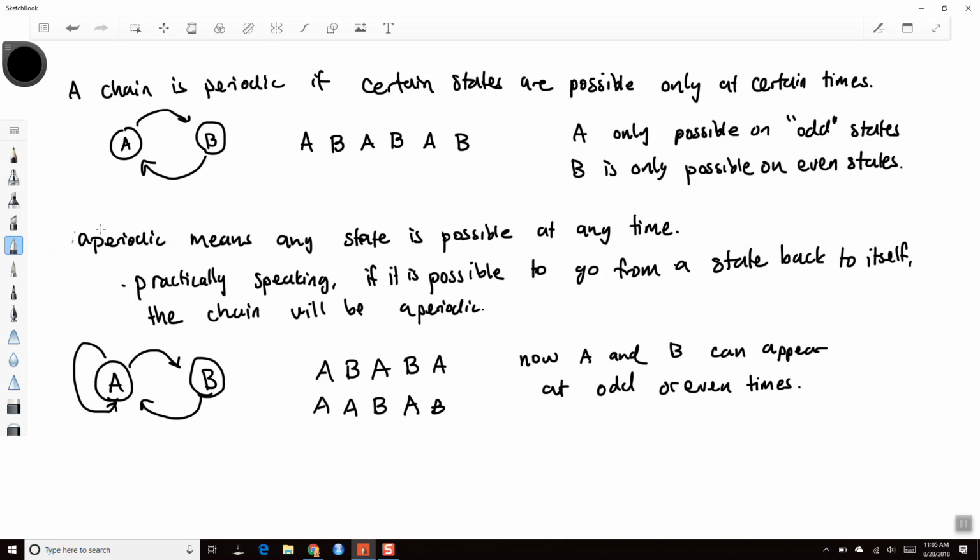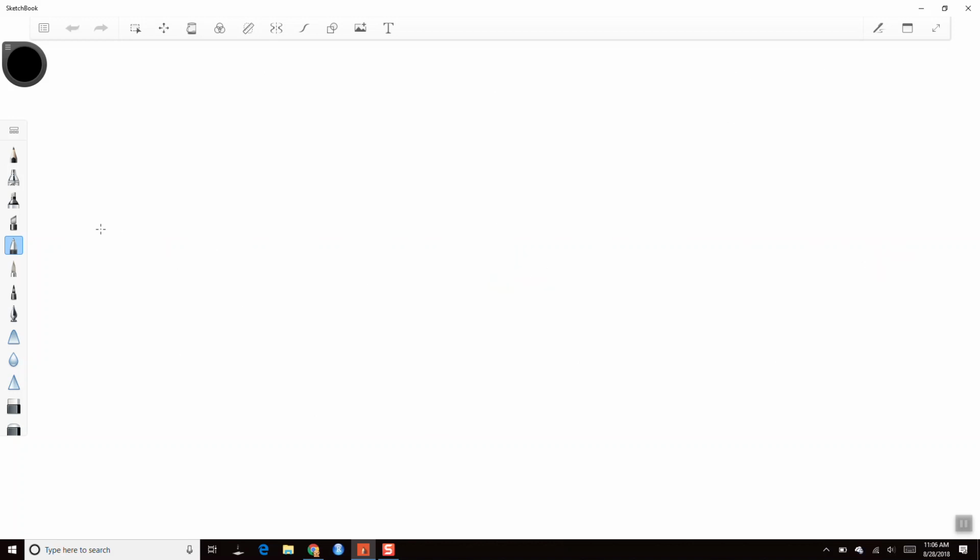You just don't want a state where things have to follow a certain pattern, okay? And things only happen during the summer or the winter or something like that, okay? If it's periodic, then this theory doesn't hold. Okay. All right, and so back to the ergodic theorem, is that if a chain